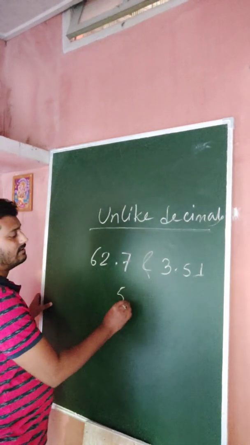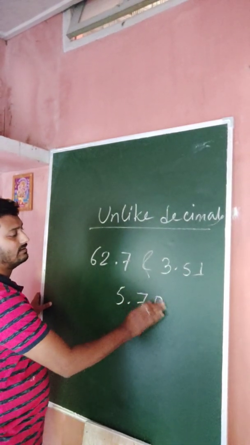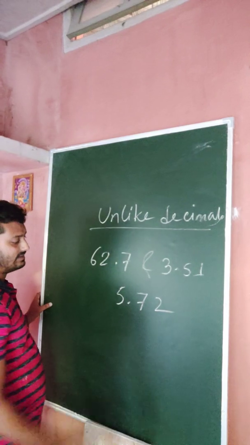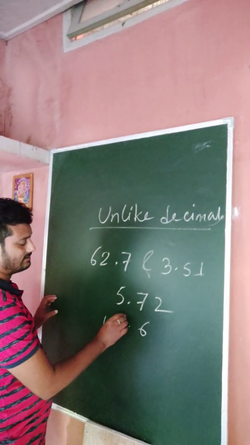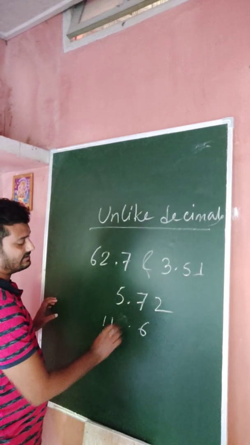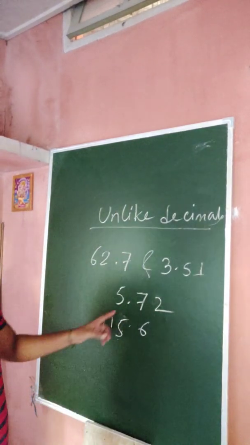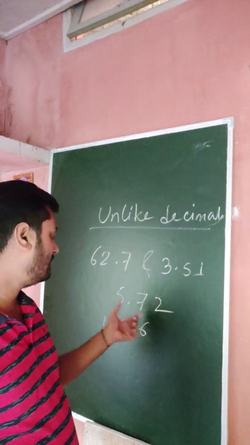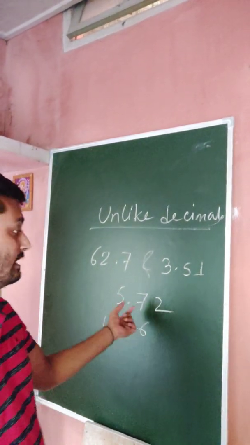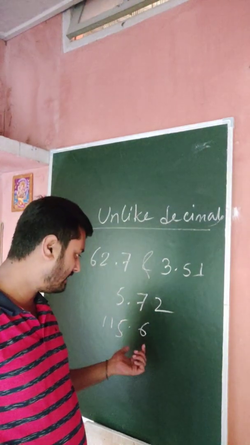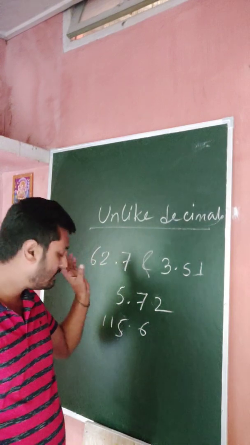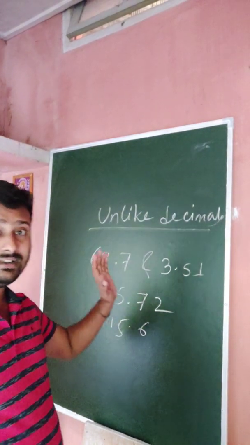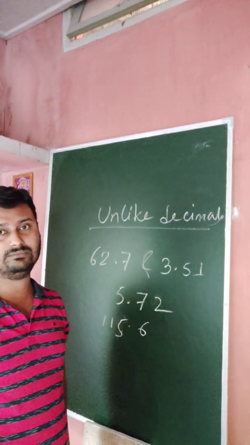Suppose one is 5.772 and one is 115.6. So these decimals are known as unlike because in one number after the decimal there are three digits, and in the other case there is only one digit. So if the digits after the decimals are different, those two types of decimals are known as unlike decimals. Okay,